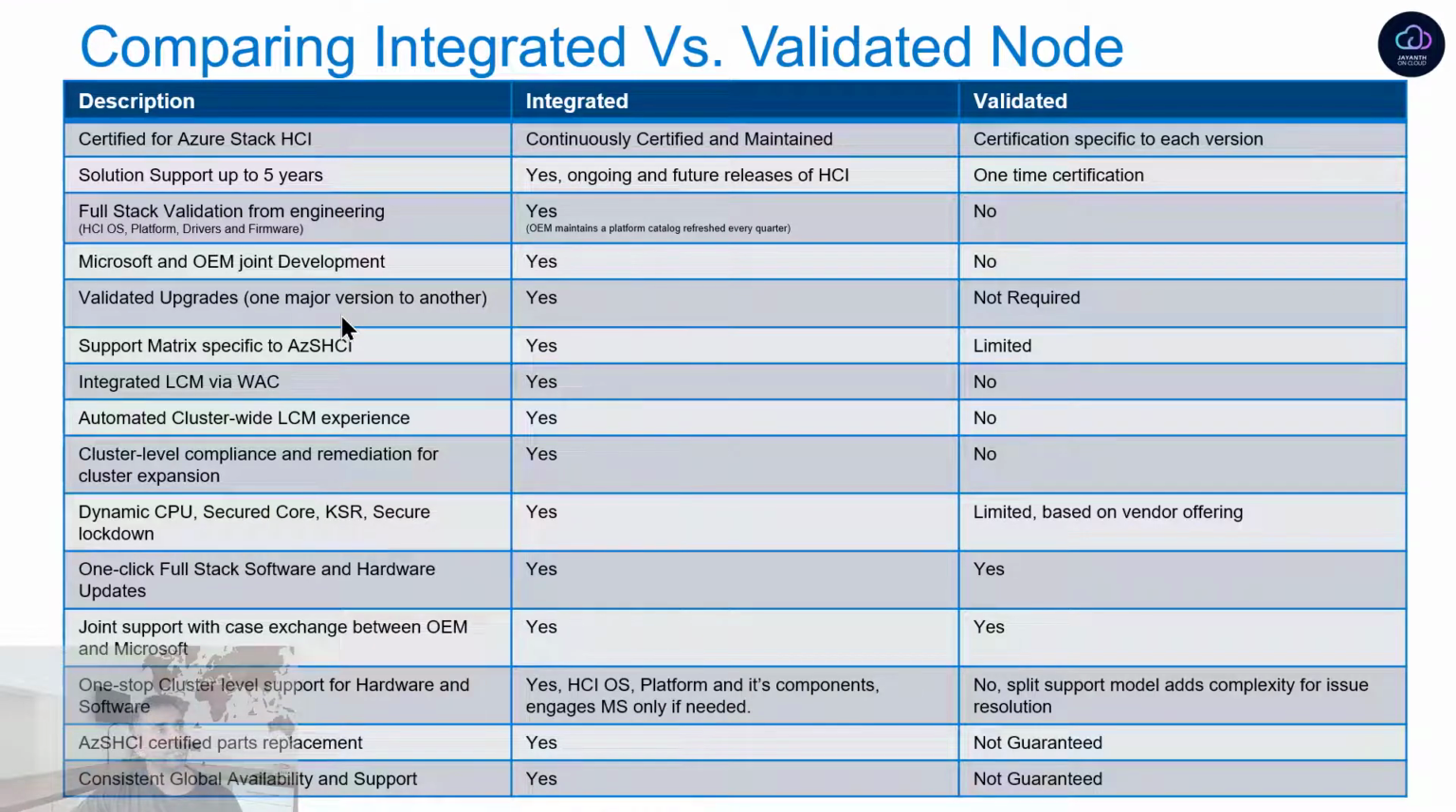All right, so the next difference is the validated upgrades from one major version to the other. Now, if you look at the validated nodes, right, generally they're validated for a particular version of the operating system. For example, the currently shipping version is 21H2. So sooner or later, we're going to have 22H2. Remember, in a validated node, not only is that validated node certified